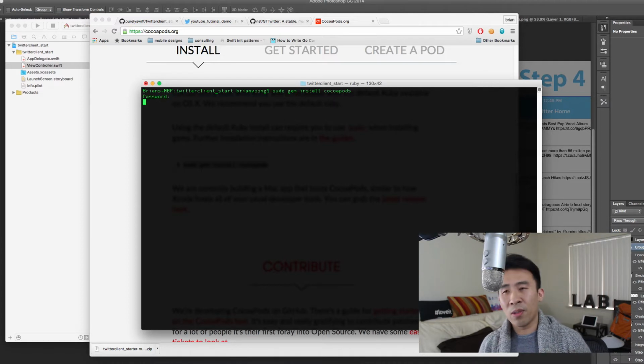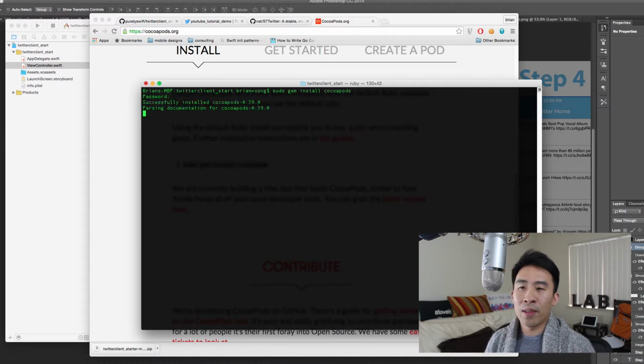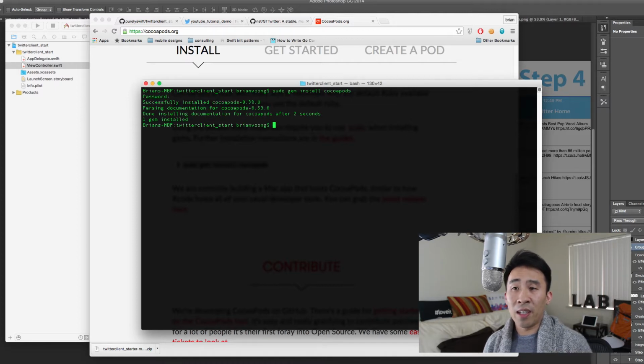Type in your password, which should be your root password that you use to log in. And then upon installing CocoaPods, it might take a little bit. So let's see, it's downloading something from the internet, and then it's done. Depending on if your Ruby installation is old or needs to be updated, you might not be able to do this or successfully install it. So assuming that you got this done correctly, let's